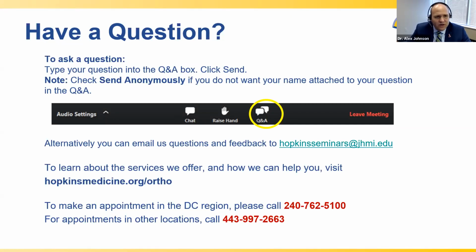I want to jump to this question first about can you speak about the success of surgical treatment for osteochondral lesions of the tibia? It's interesting because that question could apply to the ankle or it could apply to the knee. And there are different thoughts on the different joints, but overall, an osteochondral lesion is where there's been damage to the cartilage, and the bone underneath that cartilage is also damaged.